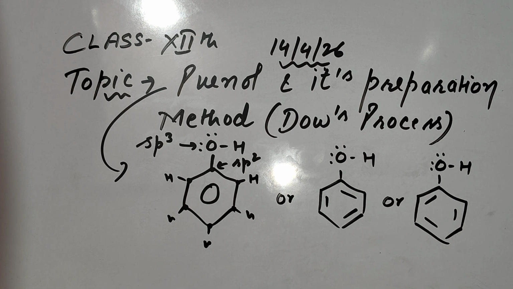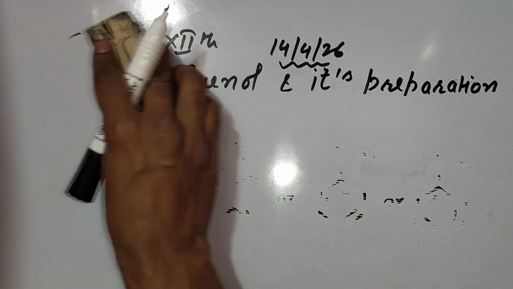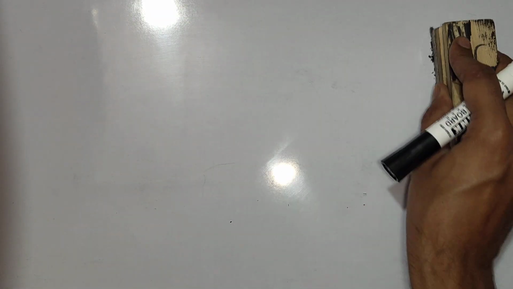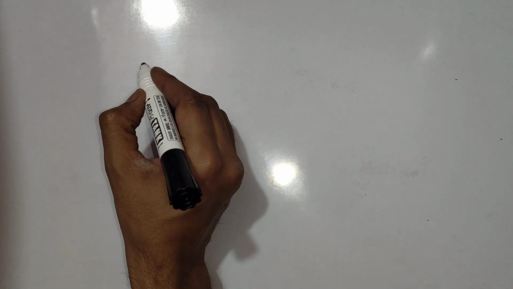Now let's understand what is Dow's process. Phenol is a colorless crystalline solid. It is available to us in solid form. Crystals are there, colorless crystals are there. We call them phenol. In Dow's process,